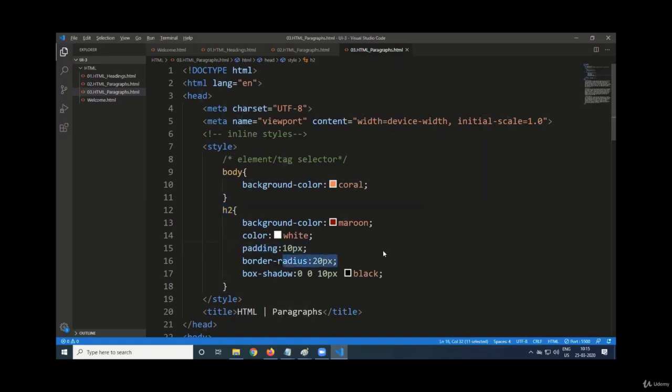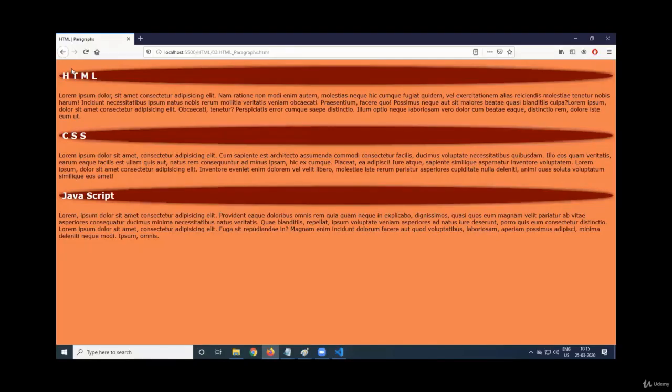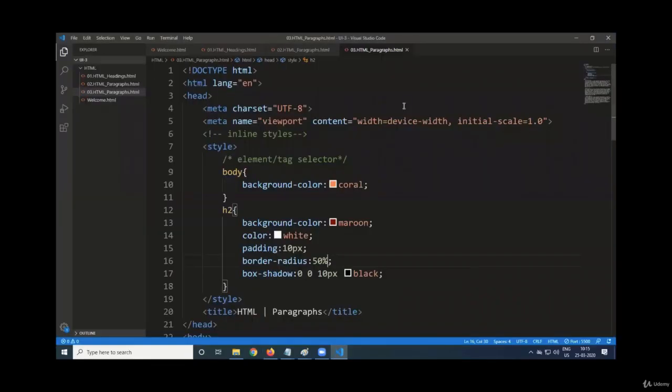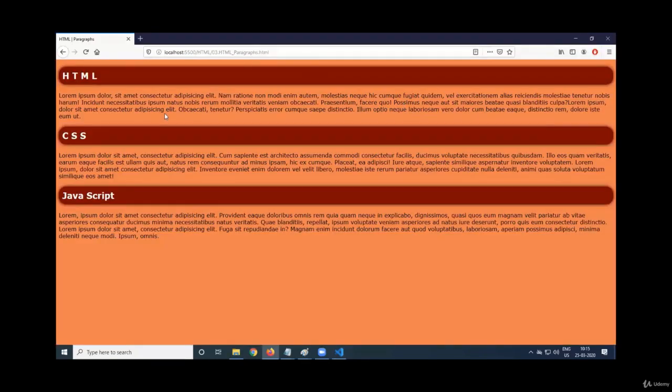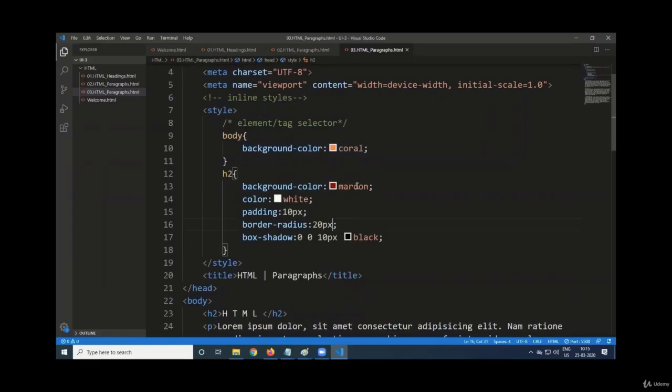Border radius. You can provide not only pixel, you can provide it as 50%, some round shape. Just keep on changing and see what is happening. So I just mentioned 20 pixel. Box shadow, everything is applied. So this is our HTML page.